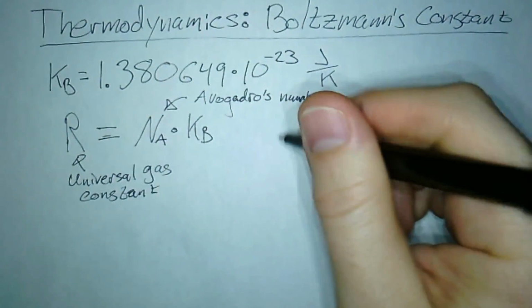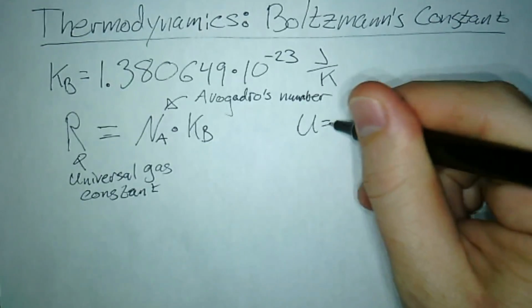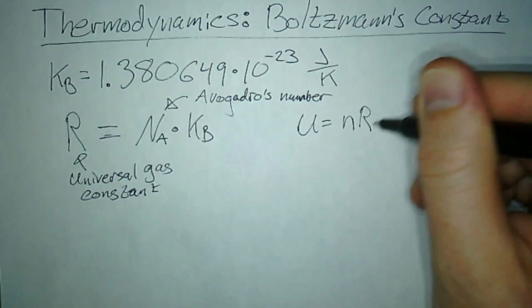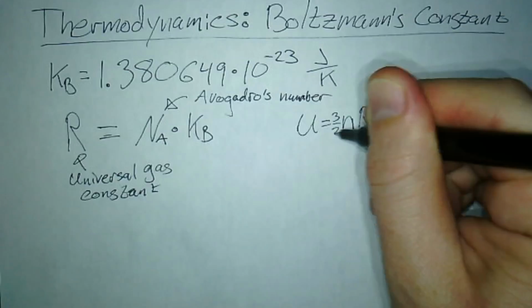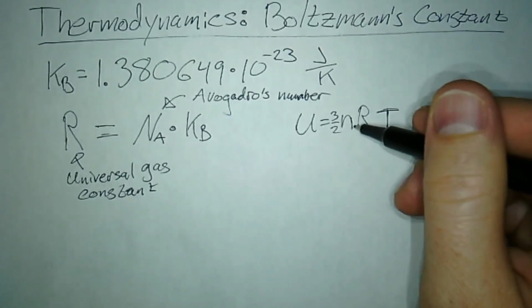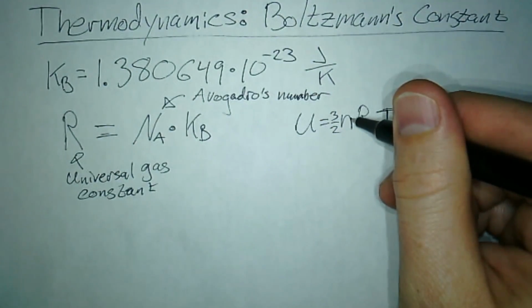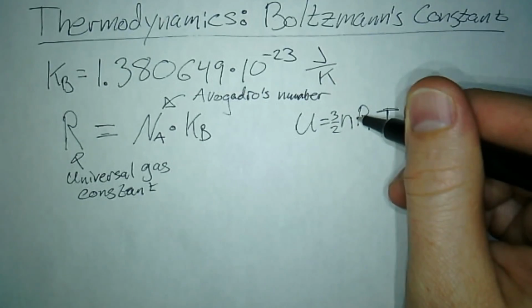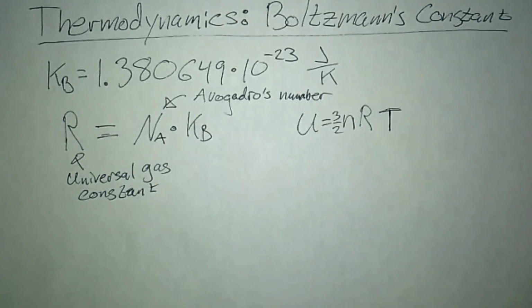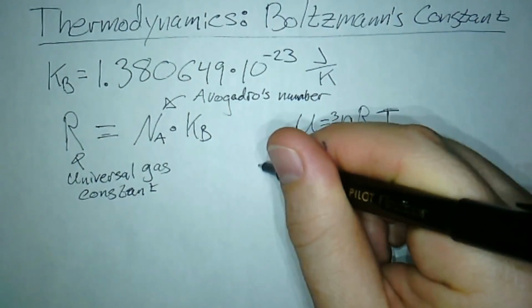But remember how earlier I told you that the internal energy of a gas, we could write it as the number of moles times R times T, with a factor like 3 halves or 5 halves or something, right? Could I write it like that? What if instead of number of moles, I wanted to write this, because number of moles you can define in terms of Avogadro's number. So I can say the number of moles is